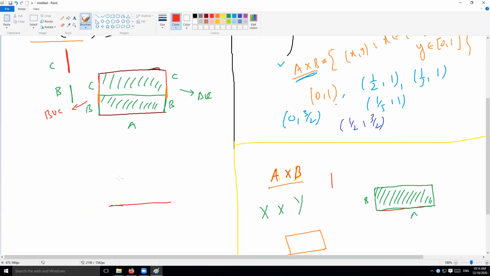So that's my A. Okay, so that's my A. And this is my, say, I don't know. So I must use the same color. This is my C. No, what was the color that I used? I used red color here. Okay, to make the similar picture, let's use the same colors. All right. So A is